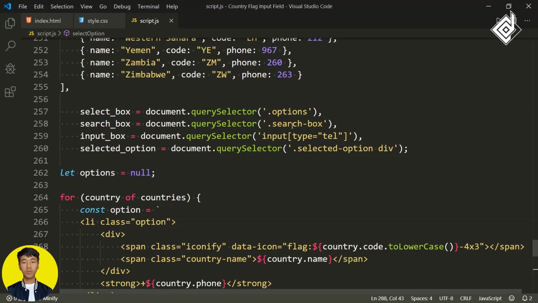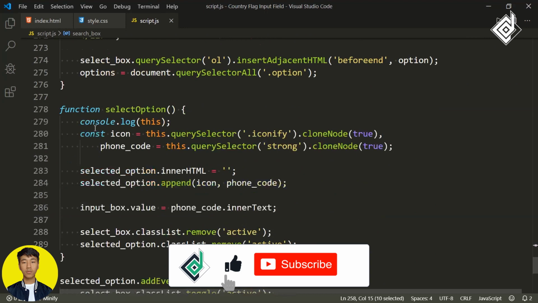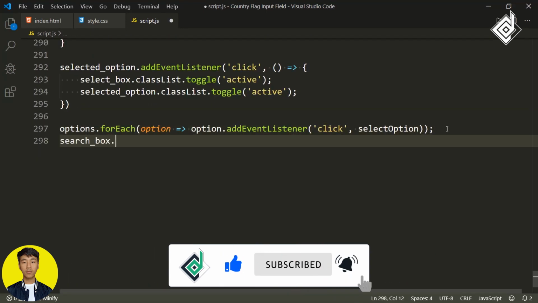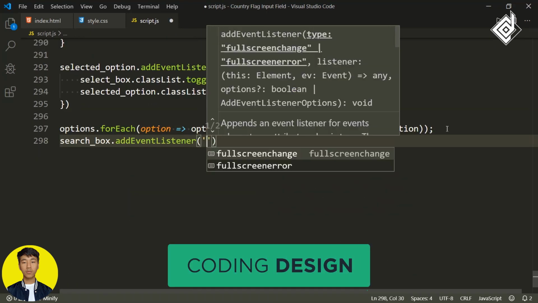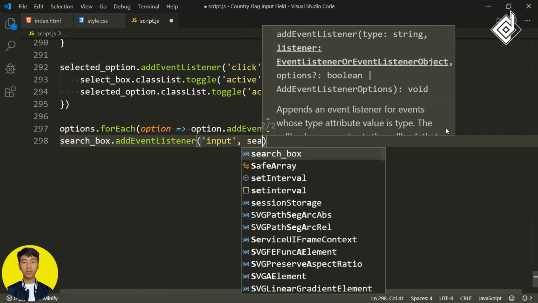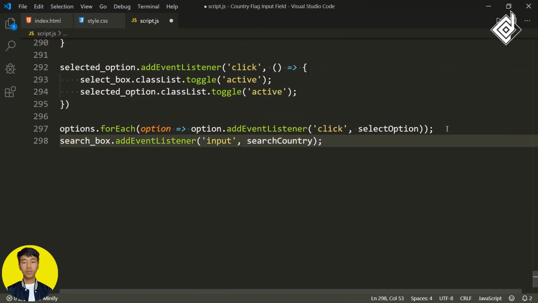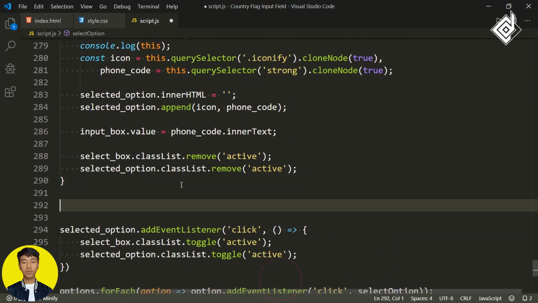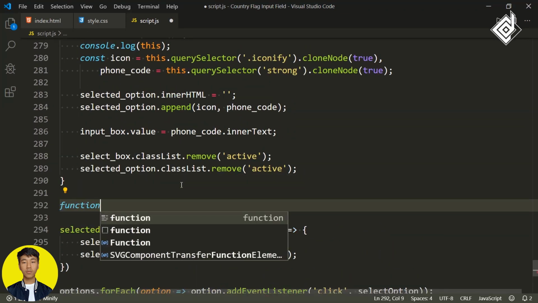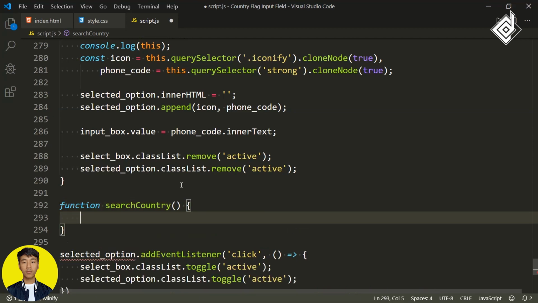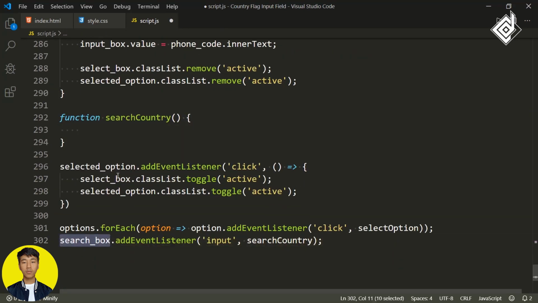So for that, you can take this variable name searchBox, and you can write something like .addEventListener. So now we are listening to the input event, and for the second parameter, let's give the listener, I'm giving the function name searchCountry, but as you can see we haven't created that function, so let's create that. Again, we can take that same variable name searchBox, and I'm writing .value.